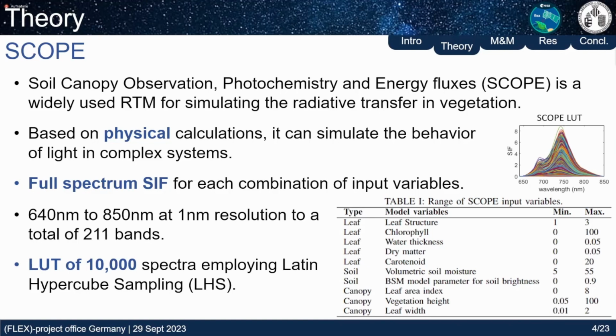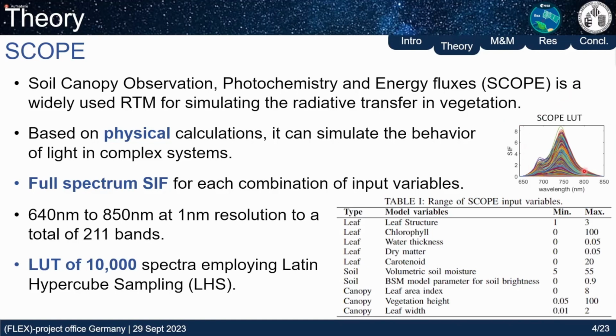The advantage of SCOPE is its ability to provide us with the full SIF spectrum for any combination of input variables, spanning from 640 nanometers to 850 nanometers, with a spectral resolution of 1 nanometer. This means a total of 211 bands. So we created a lookup table of 10,000 spectra employing Latin hypercube sampling. We take a range of variables that are presented in this table, and we obtained the SCOPE lookup table